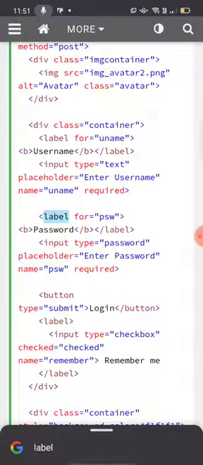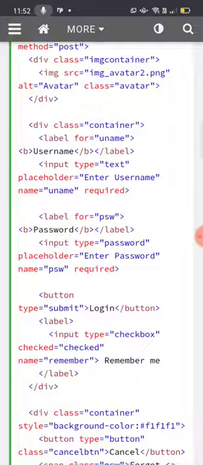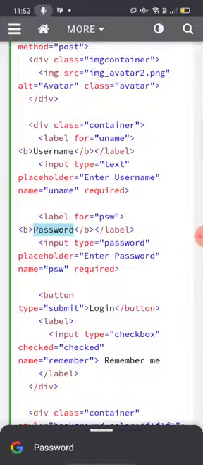Label for password. Now psw, password inside the bold tag. Okay, /label. Input type is equal to password. Now which password? Whatever your user is going to give. Now why have we written input type is equal to password? That means the password will show asterisk symbols. Okay, in our class I will show you how we are going to see the asterisk symbol.